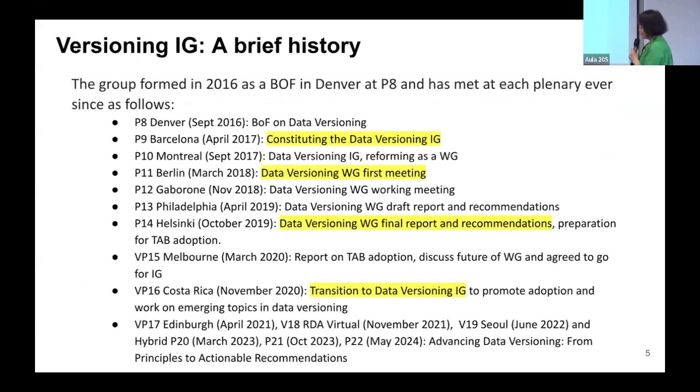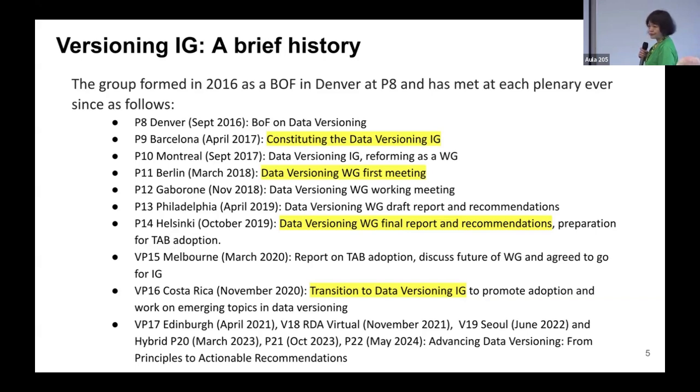So yeah, this group has a history. It started out as a birds of a feather meeting at Plenary 8 in Denver, where we sensed that there was some need in the community to have a look at versioning. What do we mean by versioning, and what is this?